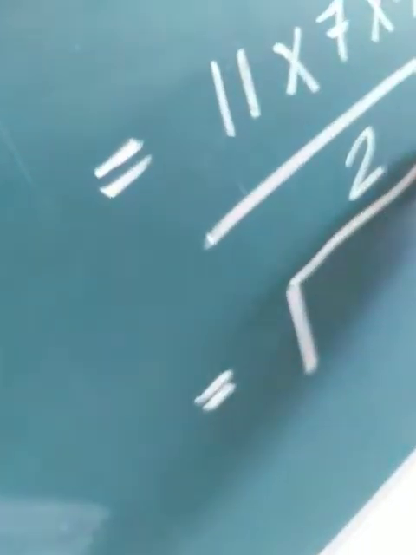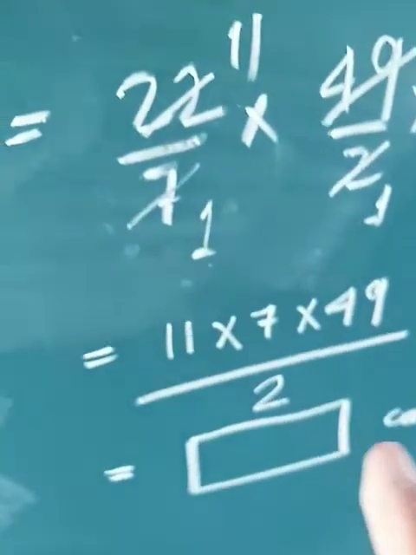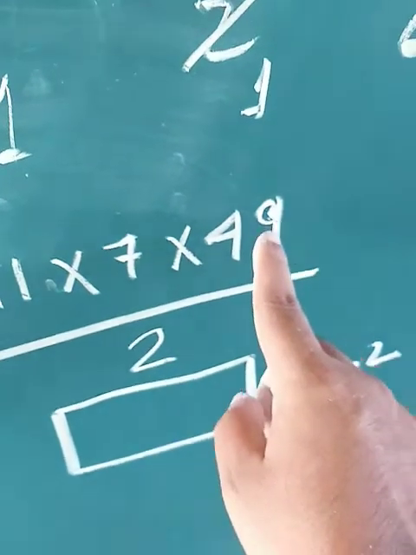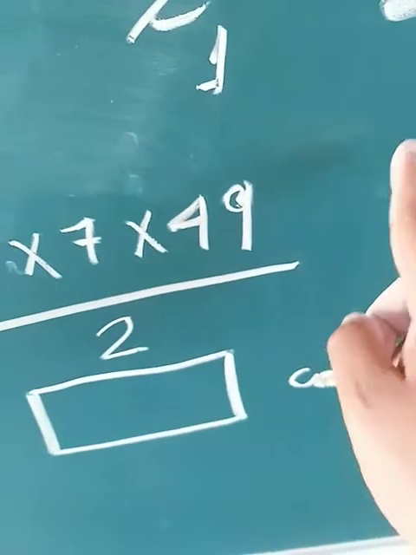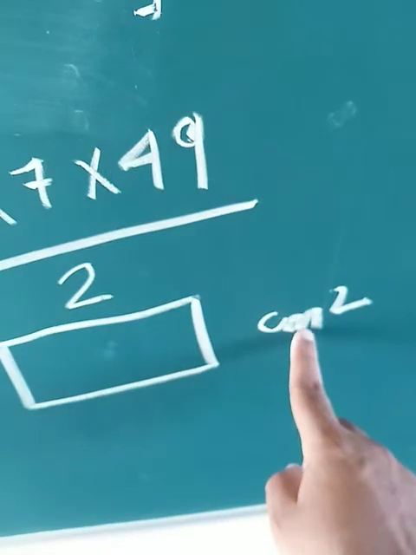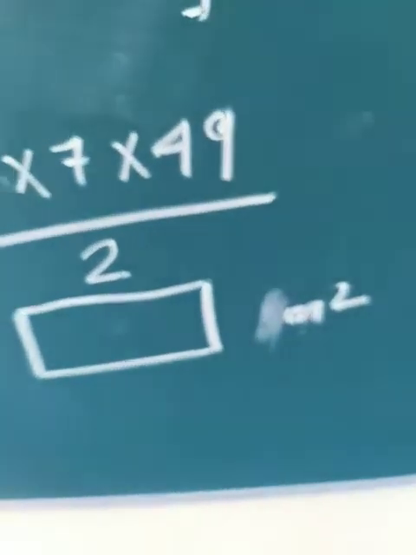So I am not doing the calculation, students. You have to do the calculation and produce the final answer. It's very easy. Just multiply 77 into 49. Whatever the product you will get, you divide it with 2 and give your answer here. The unit should be centimeter square. Okay, no, it's not centimeter square, it will be meter square.